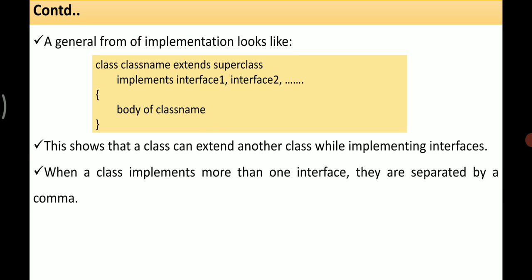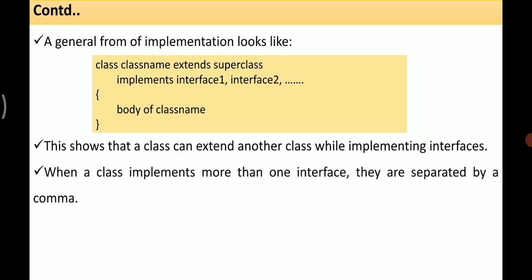A general form of implementation looks like this: class, class name, extends, superclass, implements, interface 1, comma, interface 2, and so on, then opening braces, body of class name, then closing braces. The class name is the name of the class.